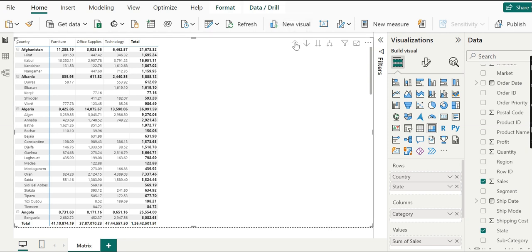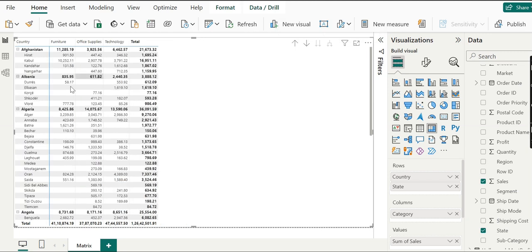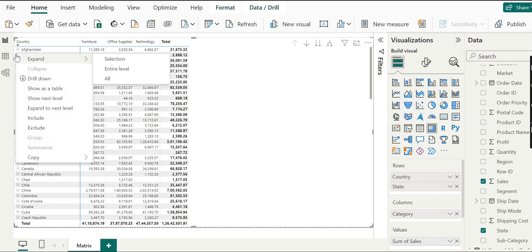Here you can see there was a minus sign, and as we click here the minus sign will change to a plus sign. Another way is to right click, and a menu opens with various selections: expand, drill down, show as a table, show next level, expand to next level, include, exclude, and copy.